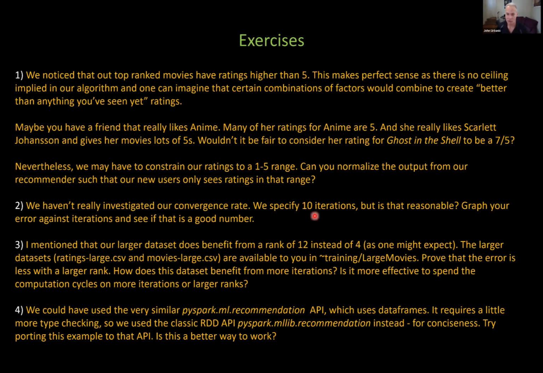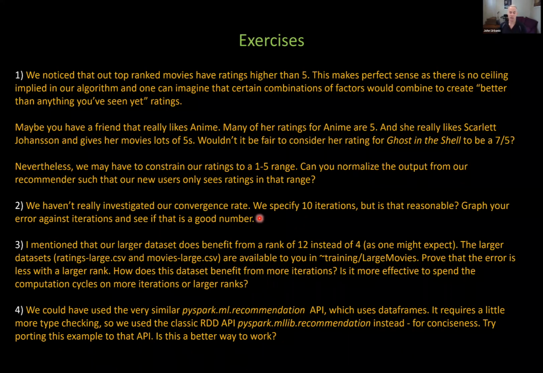It takes time to chug through these iterations, and so you don't want to be wasteful. But on the other hand, maybe more would give us a better answer too. So when you investigate these hyperparameters, what you basically do for most of them is you graph your results against your hyperparameter. In this case, very simply, we can do a range of iterations and graph the results. And the graph is usually not difficult to interpret.